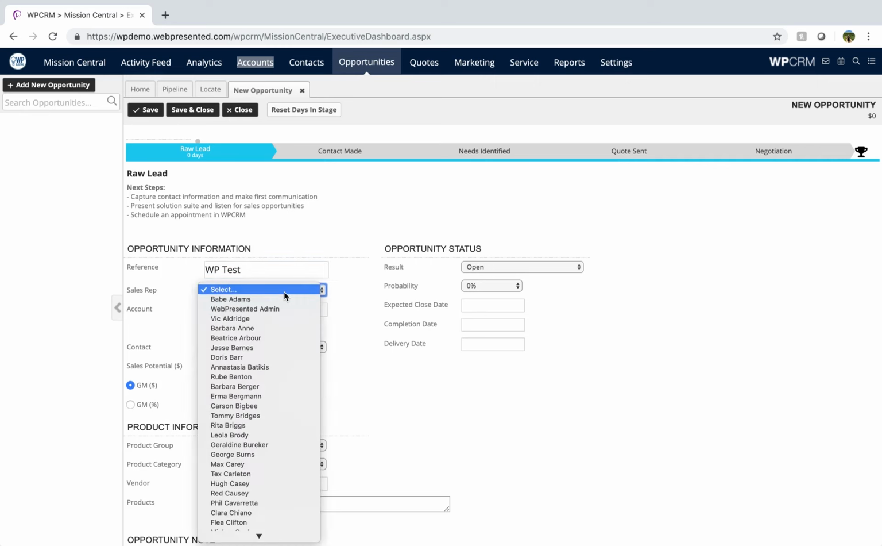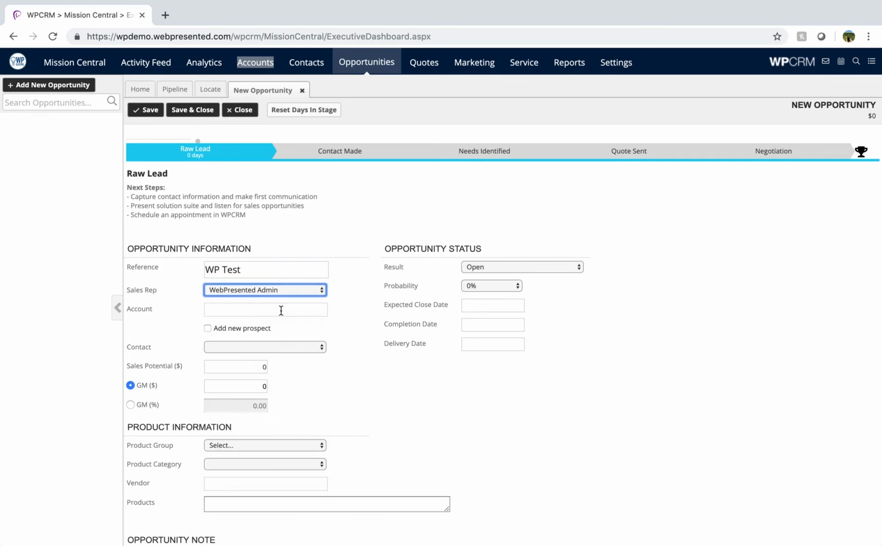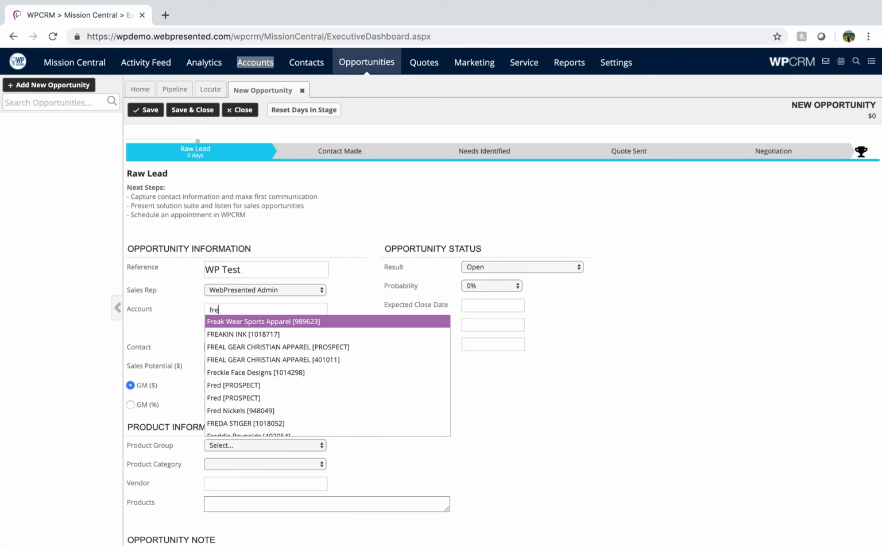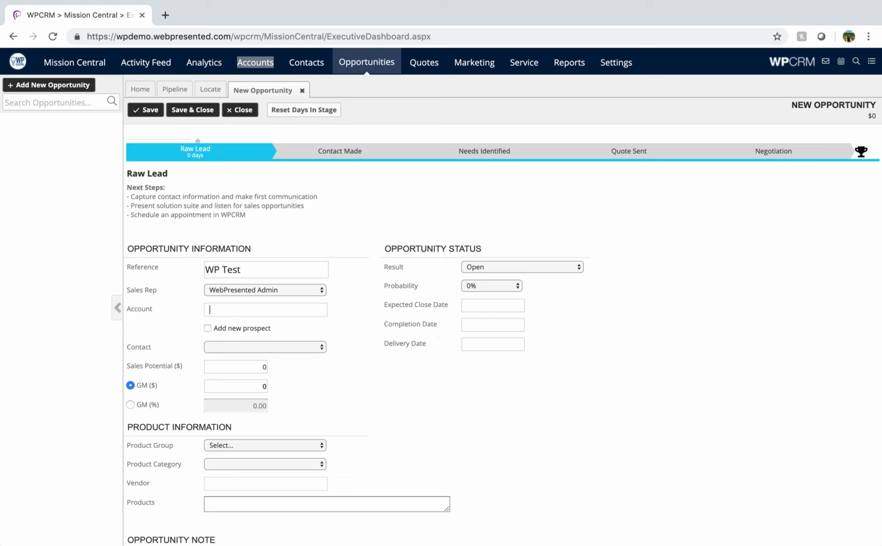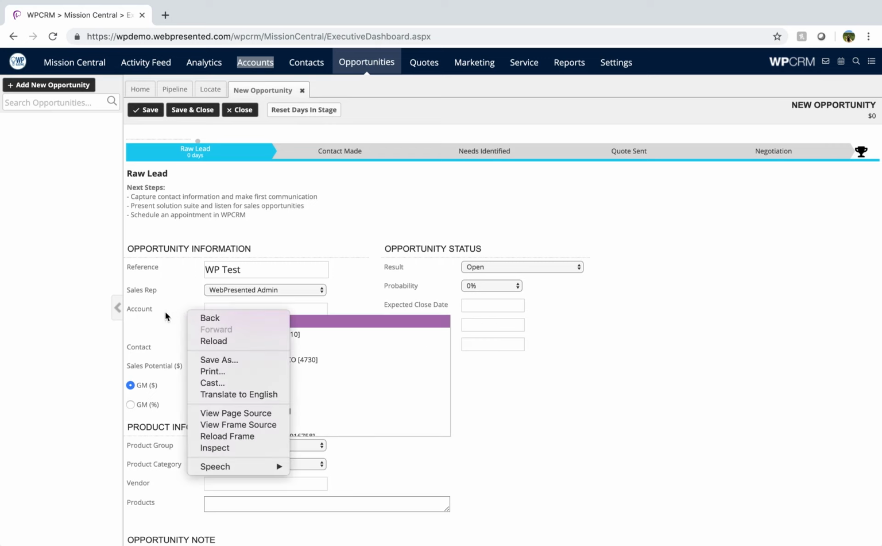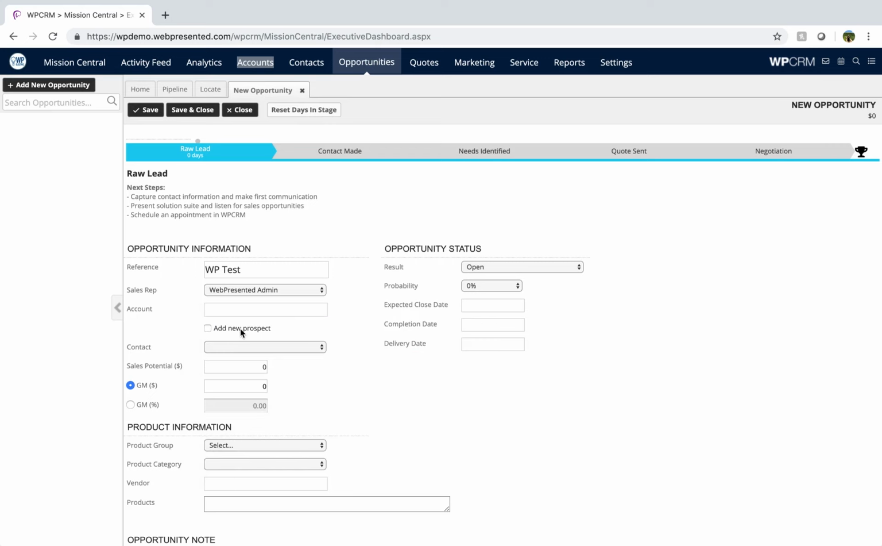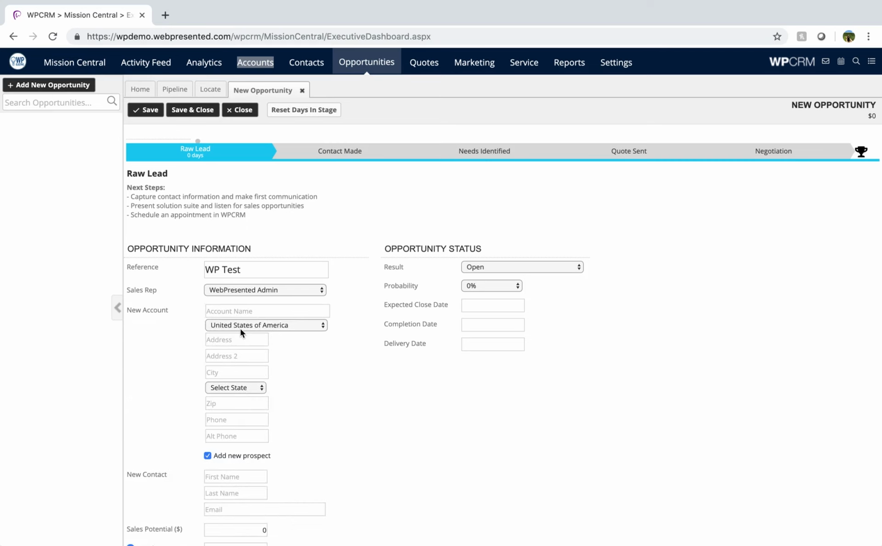I'm going to add myself as the sales rep. And then here I can add a current account, so one that is already existing. Or you can see here that there is an Add New Prospect button. And if I click that, it opens up more fields for me to actually create the account and contact here in this page. So I'm going to call this, Ari's Test,